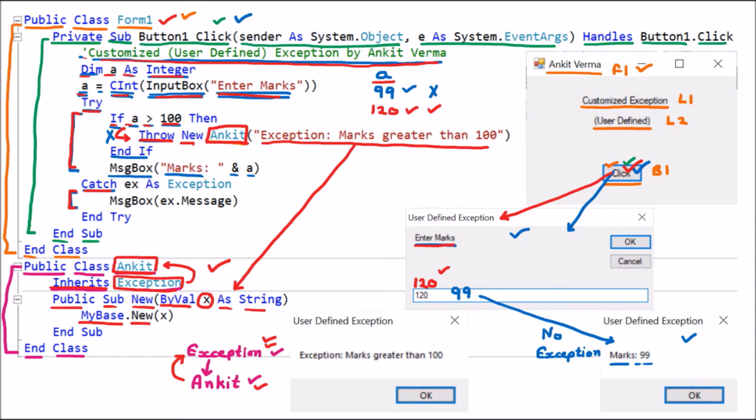So this Exception constructor we are calling, with the message, and the message is exception marks greater than 100, and End Sub. So that means what we are doing, this Ankit is having the power. Now from here we are passing a message to the Exception. We are saying that your constructor should provide the exception marks greater than 100 and the message should be displayed.